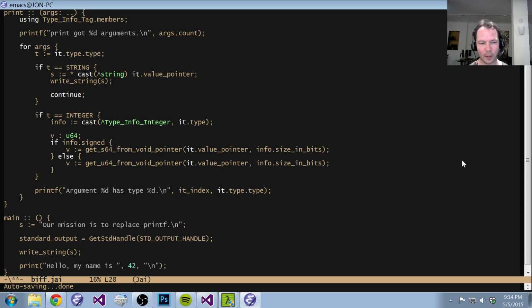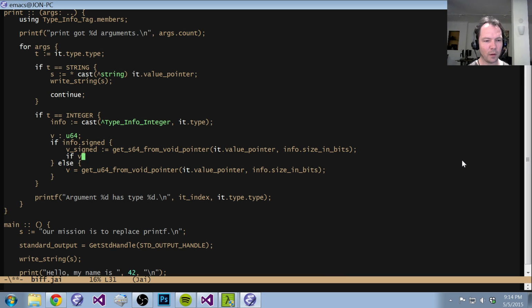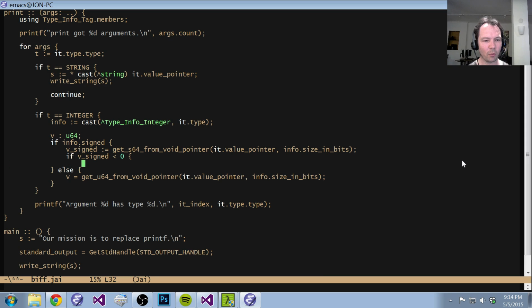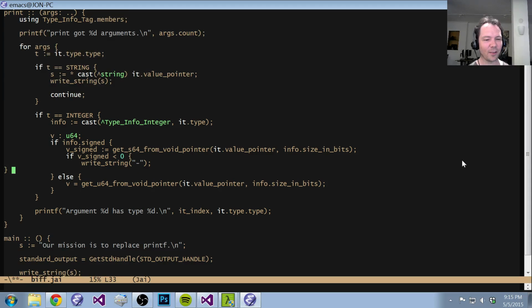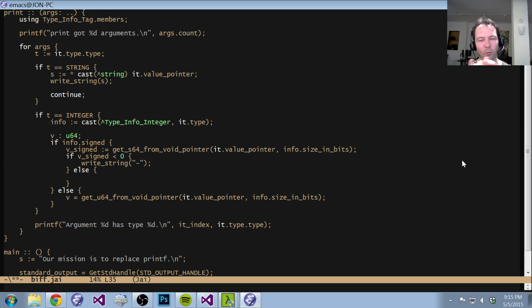Yeah, that seems plausible to me. So we're going to say v signed is get S64. If v signed is less than 0, then write string minus. When we start doing formatting options, we may not just be able to write the minus, because if we're putting not leading zeros and we want to indent it or something, we might need the minus to move. But for now, we're going to write the minus, and then,